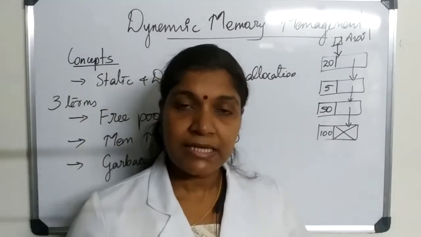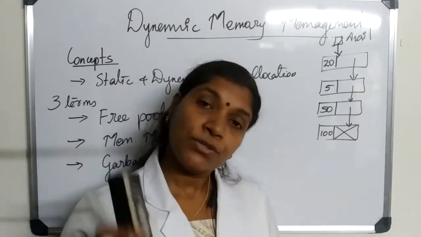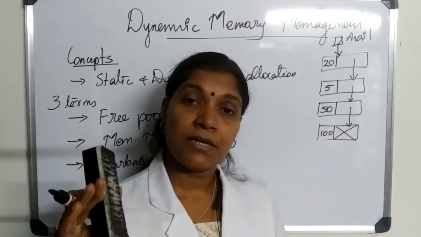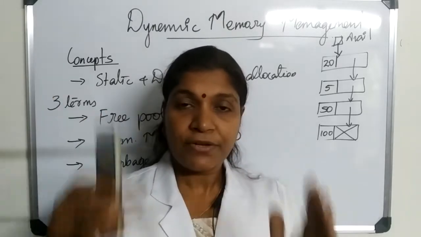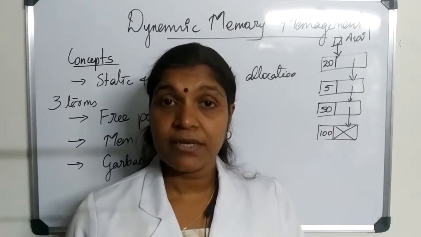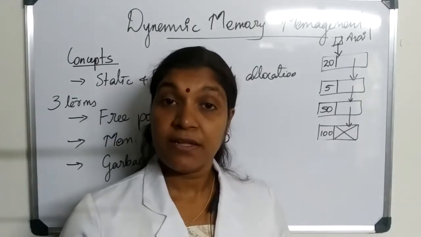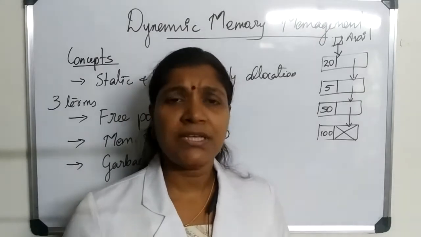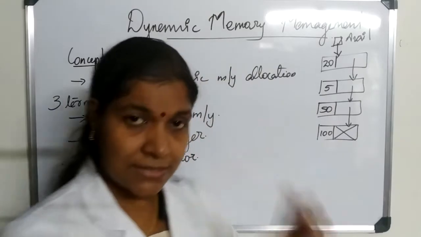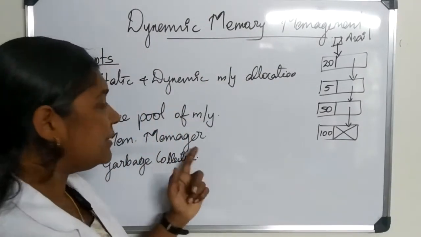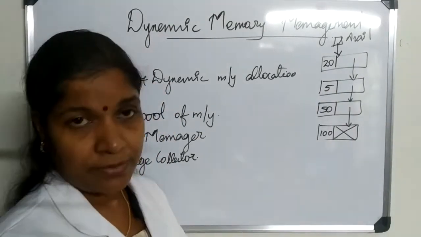And when we consider any operation in a system, each of these operations is a piece of code. That is, behind every action or every event there will be a piece of code. Even the compiler, the interpreter, or even a double click is an event, and behind that some piece of code would be there. It's a piece of software. So the memory manager is a program which performs mainly the allocation strategy in a free pool of memory.